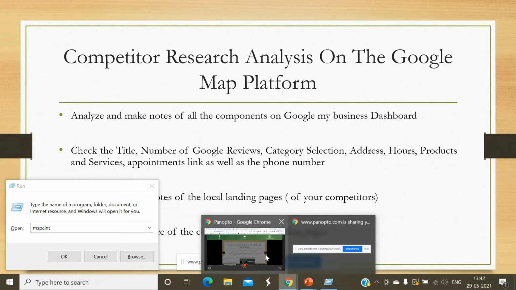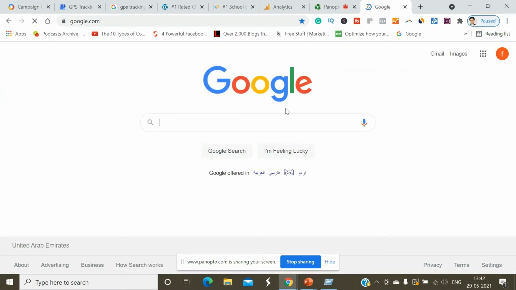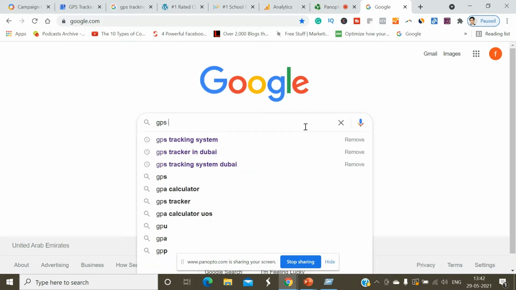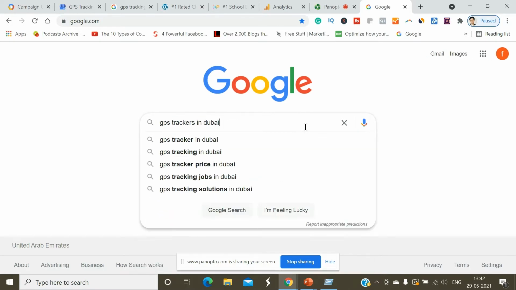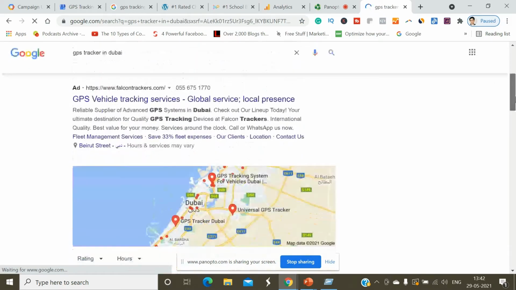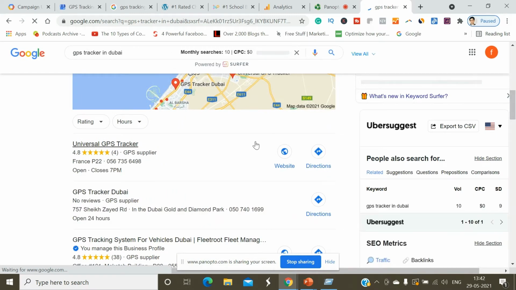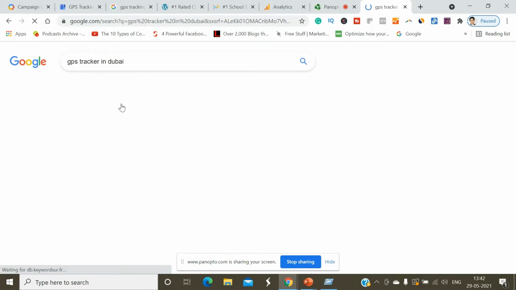So here, I'll search for GPS trackers. I'll definitely do comparator analysis, so let's take, for example, Universal GPS Tracker.